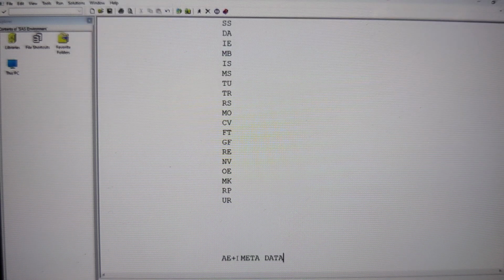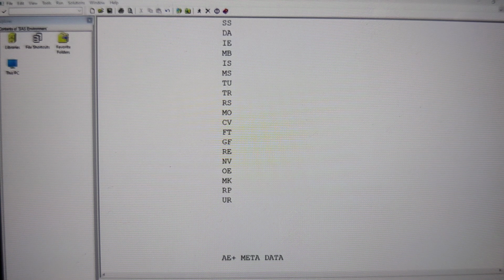Now how to get the metadata of the data set? It is a base SAS procedure called PROC CONTENTS. Isn't it? The PROC CONTENTS procedure generates the metadata, or the descriptor information, of the data set, like the data set level information. As I told you, when you run PROC CONTENTS, it gives the data set summary, engine or host dependent information, and then an alphabetical list of variables and attributes. You can get only the variable name, data type, length, label, format, and informat.